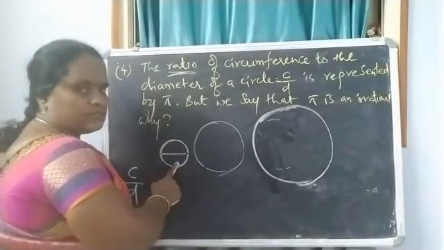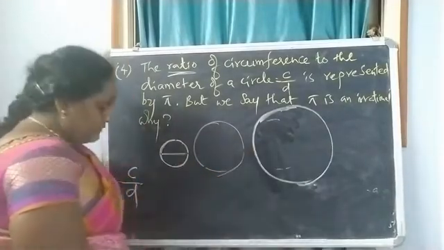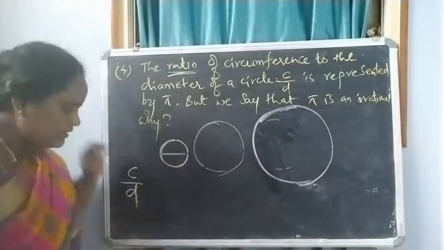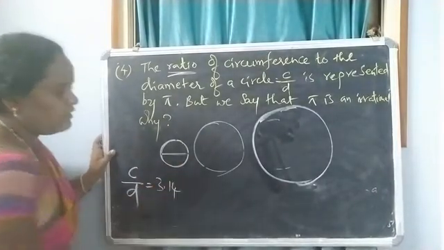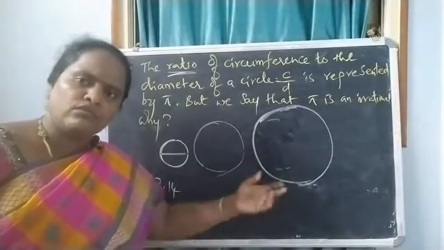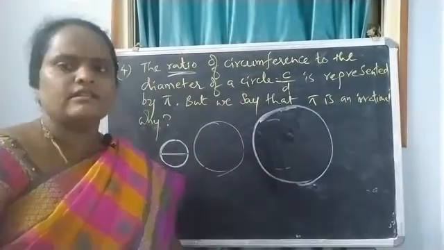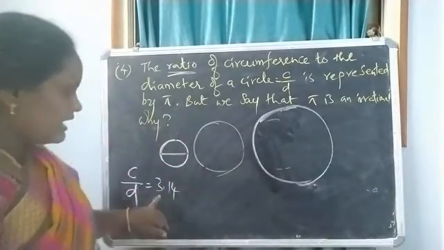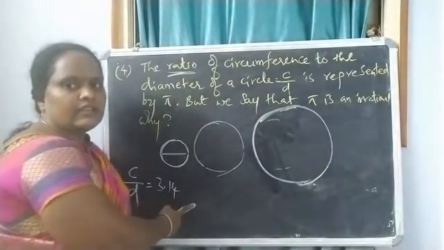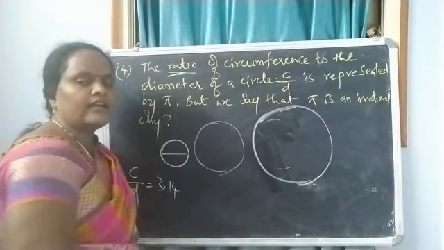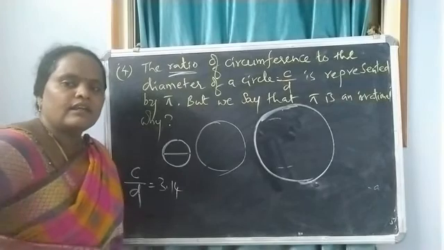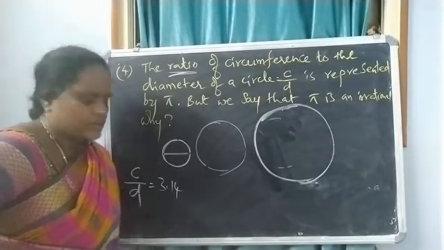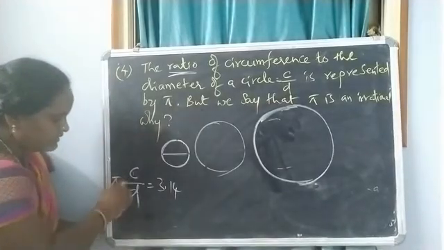For the smaller one, the bigger one and the third one, they observed that for this circle they got one value, something like 3.14, whereas for this one also 3.14 or so, and for the bigger one also like this. When they had different sizes of circles, they observed that this is not giving the exact value. At the end they concluded that c by d is giving a non-terminating, non-recurring decimal, which is irrational, and they defined this value as pi.